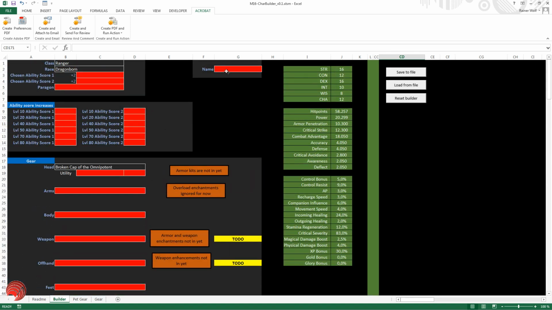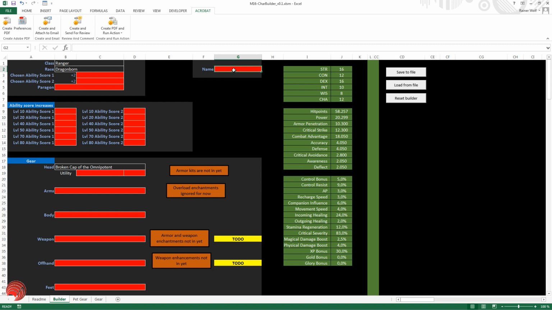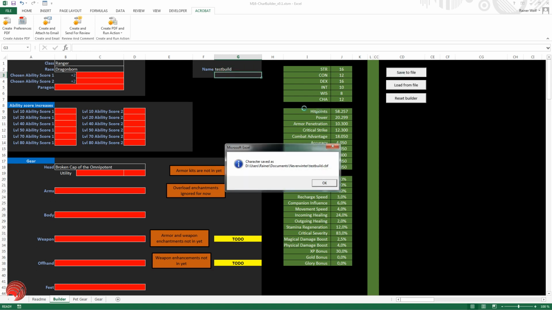Now you can save this build. It's not complete yet, but you can save it to file. If you click here, it says please fill in the build name. Okay, we have to fill in a name to save it. Let's make it a test build or something, I don't know. If you save it, it will save it as a link,